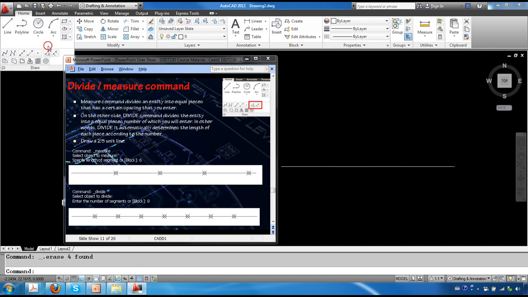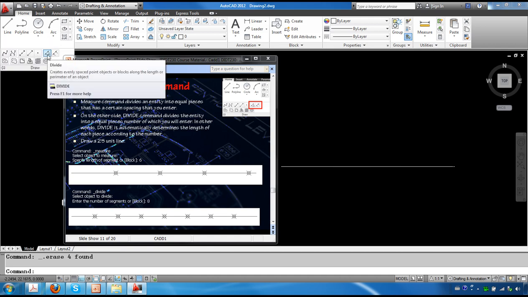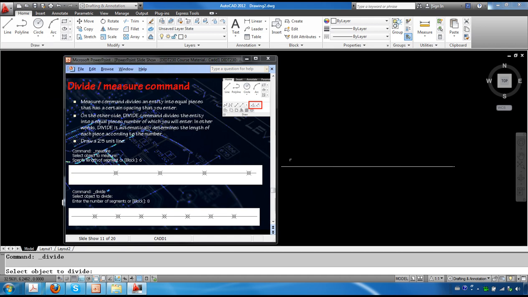So here's my divide command. Again, I'm going to select this object, and you can see it asks how many equal segments do I want this to be divided into, or in other words, place a point at? I'm going to type 8. And you can see that the points have been placed so that